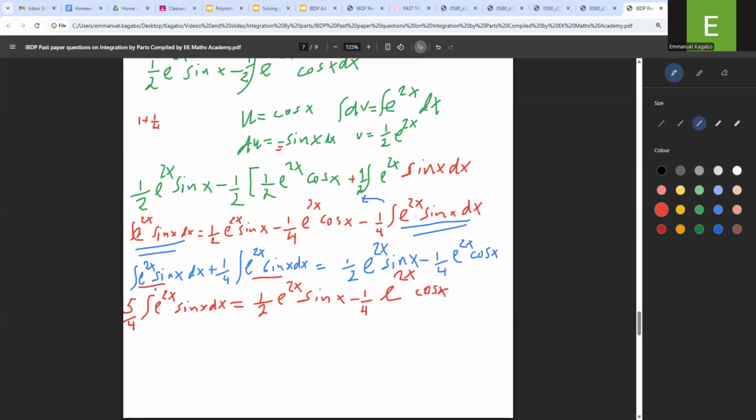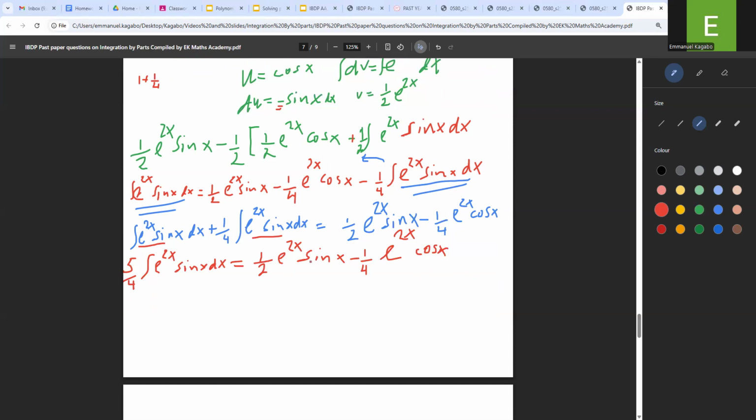So when you check here, I have this, almost got it, but I still have 5 over 4. So in other words, I have to multiply by the reverse of that. I multiply by 4 over 5 everywhere. So if I do that, what do I get? I'm going to get integration of e power 2x sine x dx equals to 4 over 5